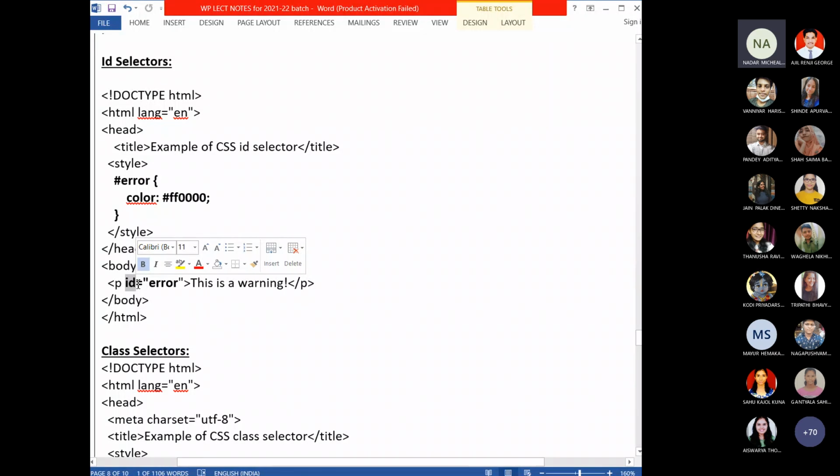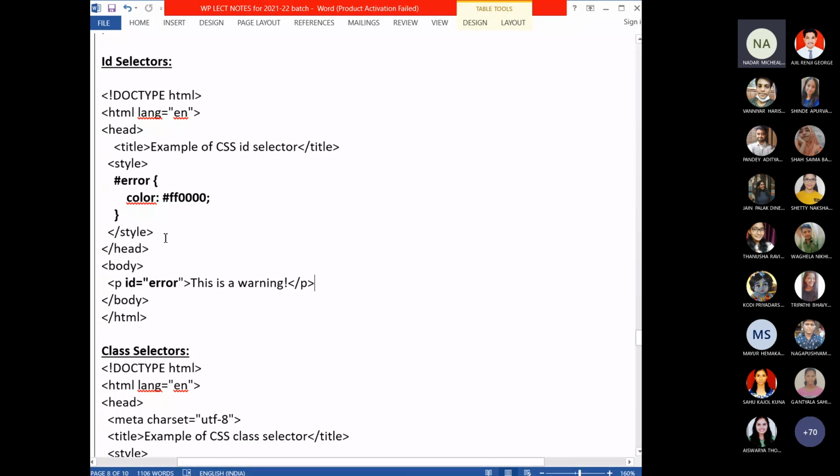For which element do you want to give this style definition? I want to give it to P, paragraph. So P with the ID attribute, and the same ID name you have to give here, but without the hash. Then this should be the paragraph content, and then you close the paragraph.